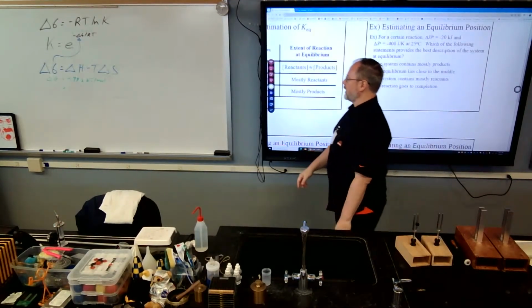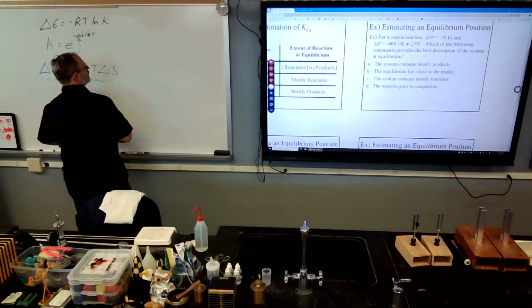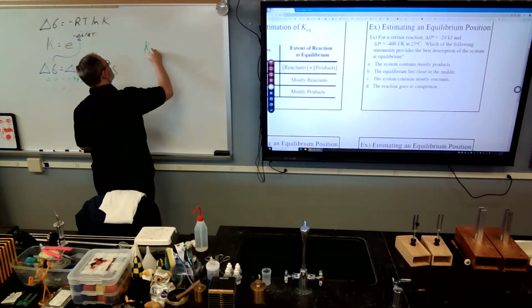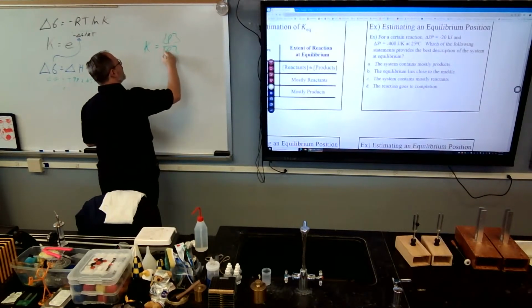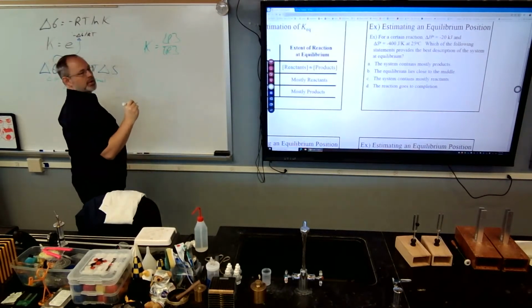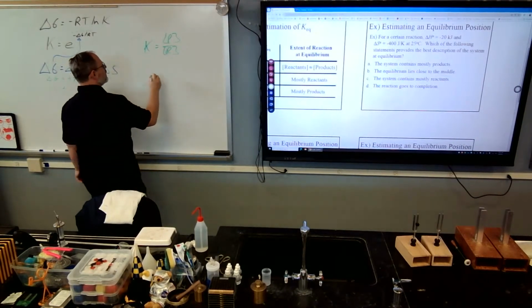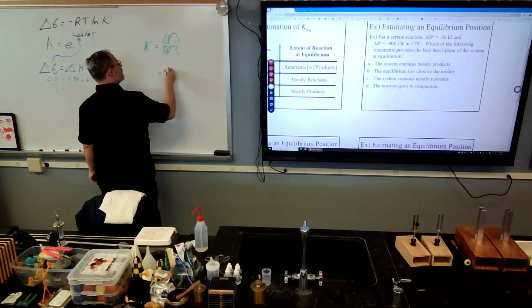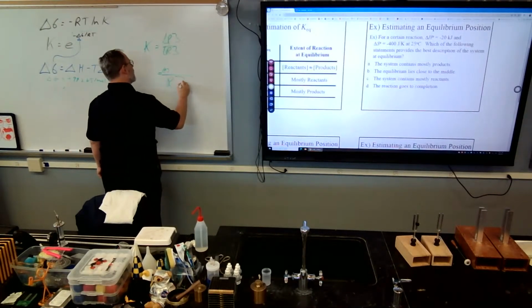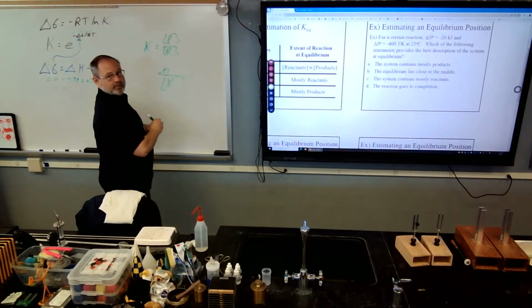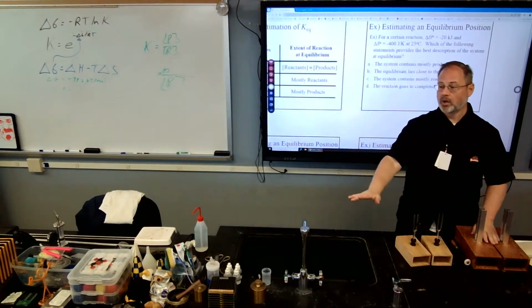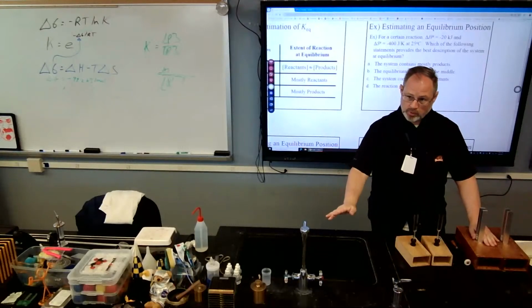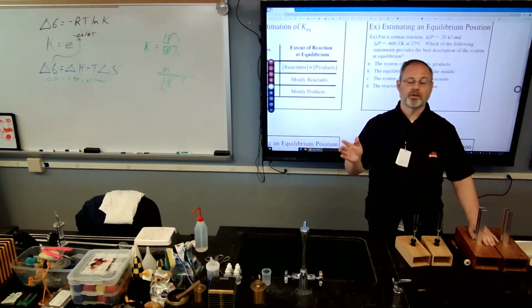Reactant favored system. Once again, for those like me who need a visual, you have the products on top and the reactants on bottom. If your K value is really small, you have a system that is tiny products and really big reactants. This is a reactant favored system. So regardless of where we start in Q, the system is going to move towards the